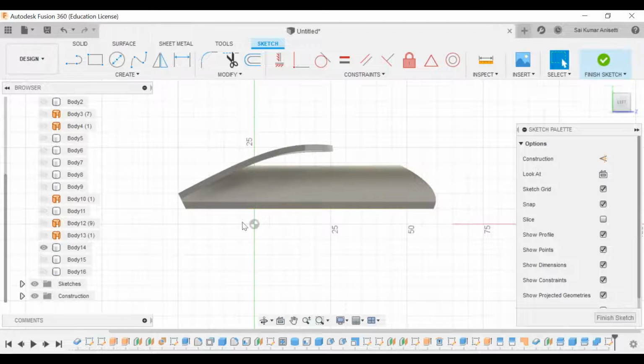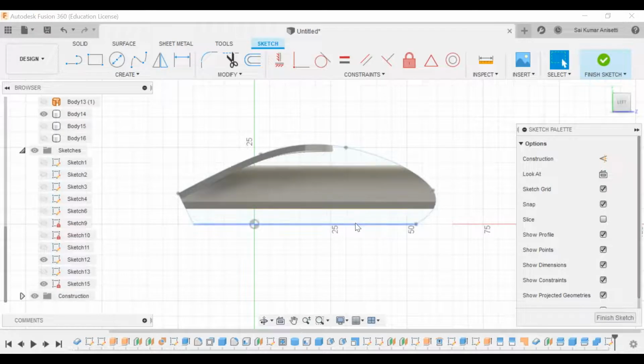So he has asked one doubt. Sir, is there any option to copy a sketch onto my existing surface? Yeah. I have an existing sketch. Let me show that particular sketch number 12. That sketch number 12 is on another particular body. Now I need to copy that into this and make that into construction.